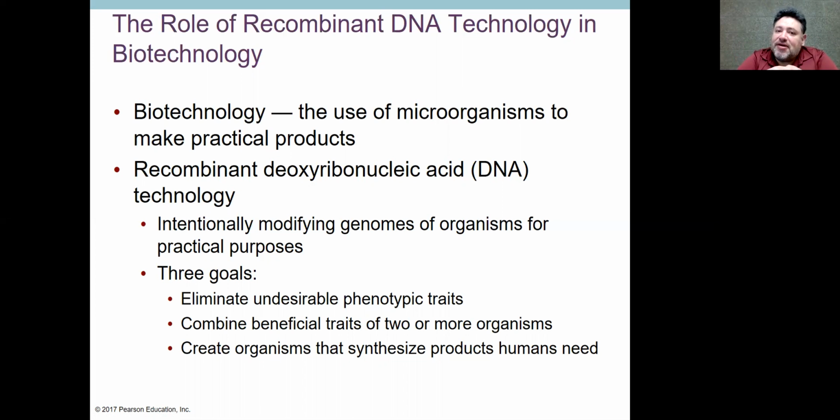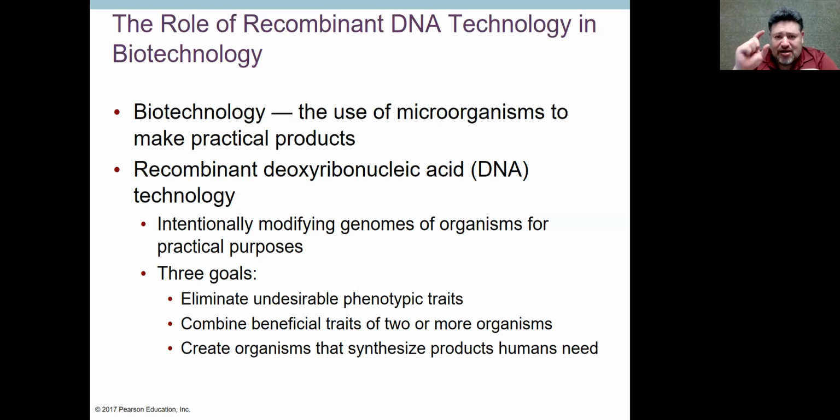And it was kind of a hit and miss thing because, as you well know, in meiosis, what genes you get from mom and what genes you get from dad, independent assortment tells you that there's no real good chance that you're going to get all the traits that you're looking for. But with recombinant technology, that is not the case, because you purposely take the gene of interest,